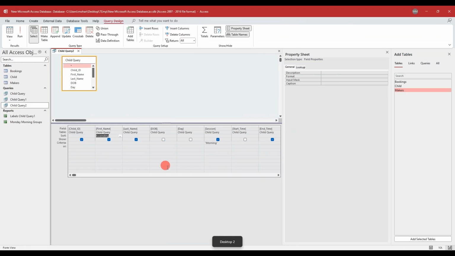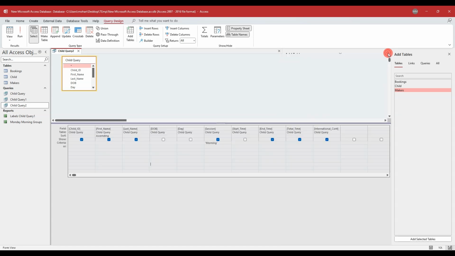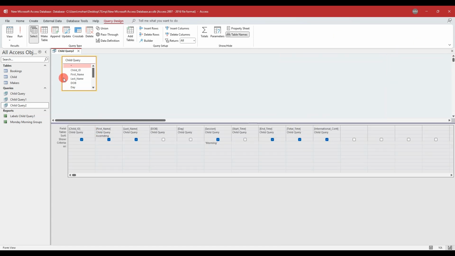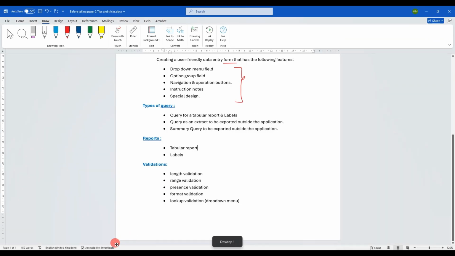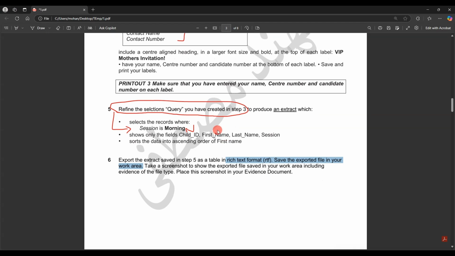This is the whole idea of this exportation. Okay, that you create a query, but this query will not be a normal report or labels. This query will be exported and used outside the Access application or the database application itself. Okay,